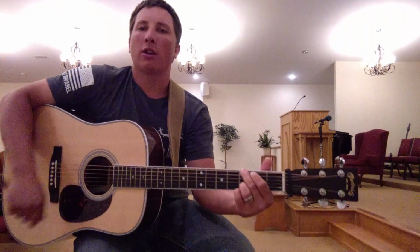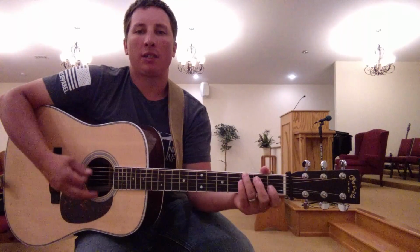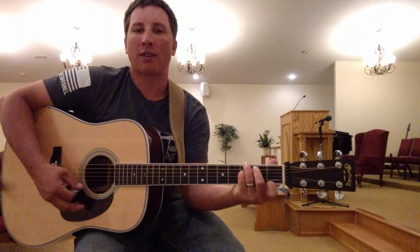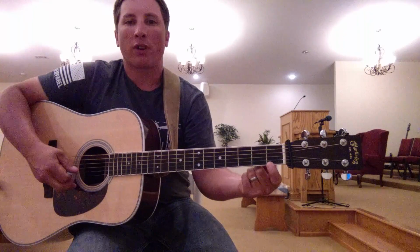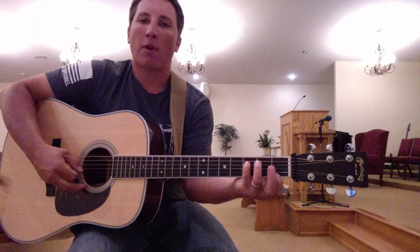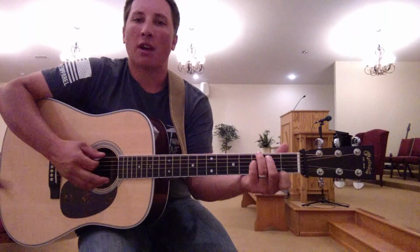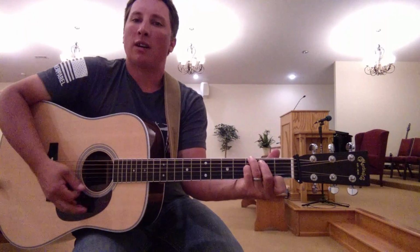So a few different things we did there. Starting out we just started with G, and then we went to a G7, and I've kind of got a double seventh there. I don't know if you can see that or not, but on the first string, on the first fret, I've got the seventh note, and then I'm hitting that same note up on the fourth string on the third fret. So I'm kind of giving a double seventh there,